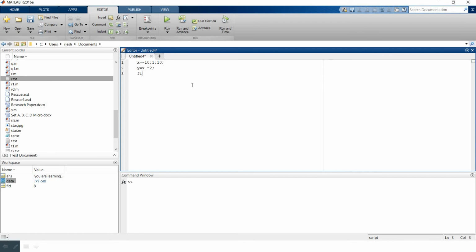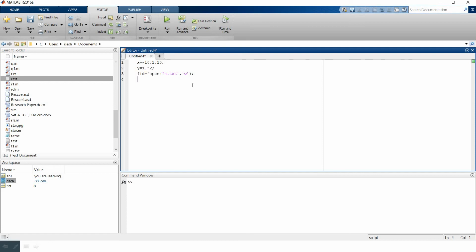Again for creating a text file, we'll use the fopen command. Let's say n.txt file. Then we'll write it using w, semicolon.